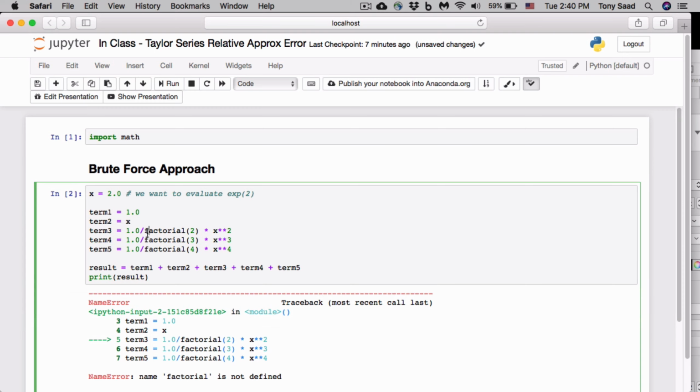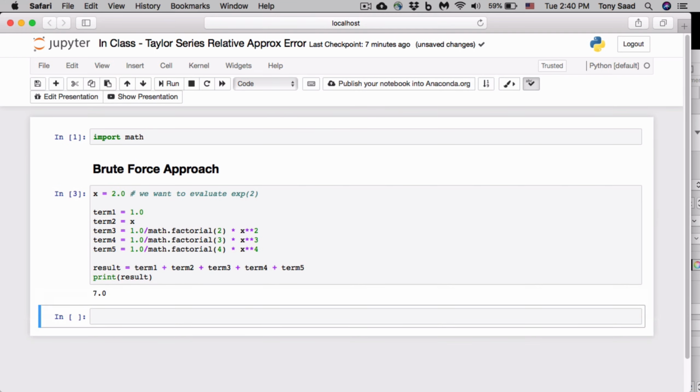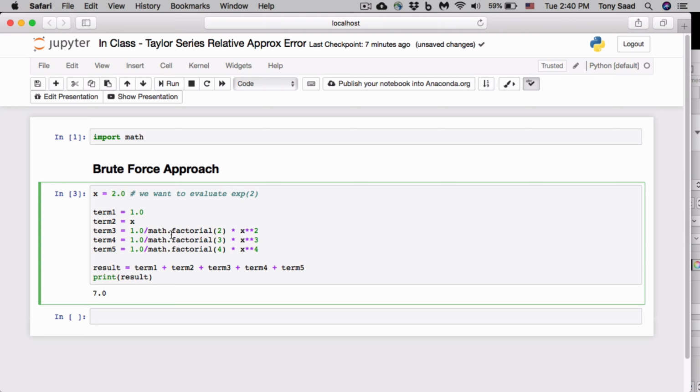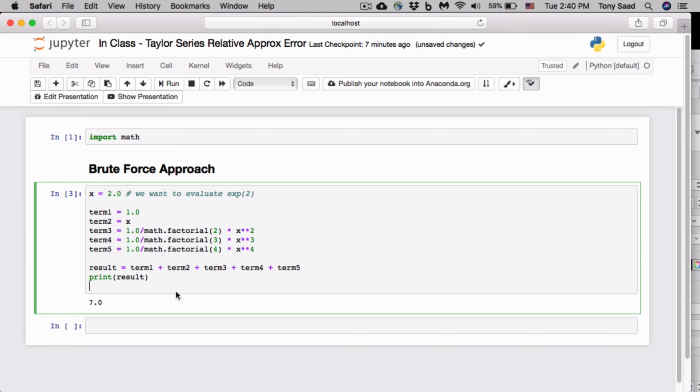Okay, well, I violated my own philosophy. So it gave us the value of 7. Just for comparison purposes, I'm going to print the exact value, or whatever Python produces, and that's,